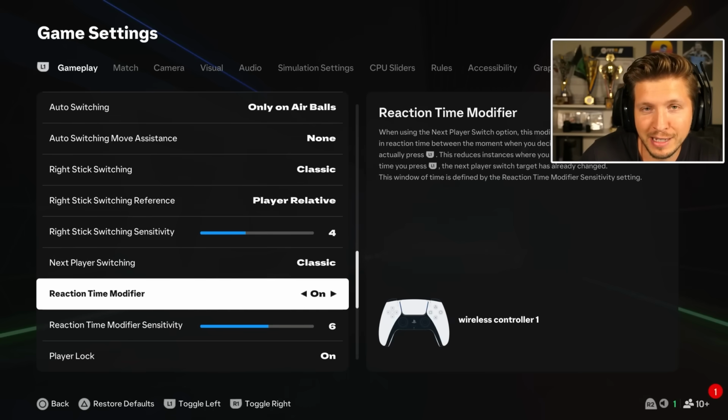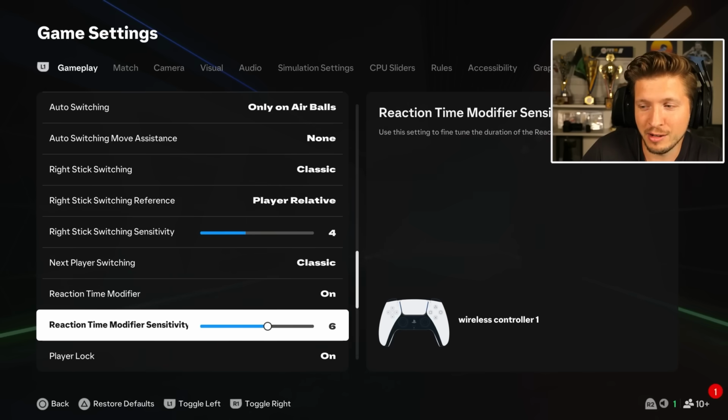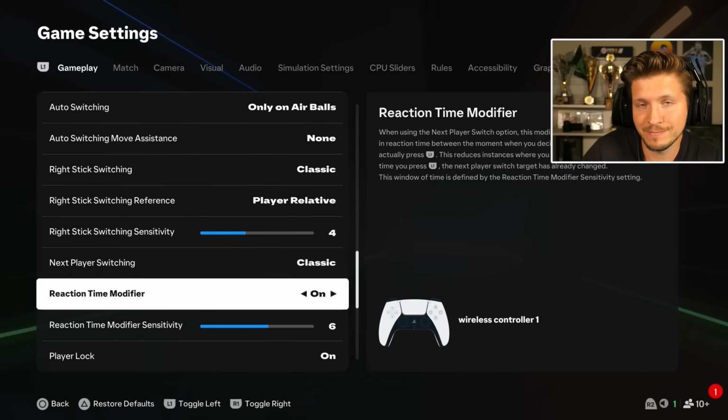And then we have the infamous reaction time modifier, and this is a new setting, and this, well, people claim that this will help your menus to be more smooth. It will reduce input lag. Overall, that is not correct. This here just impacts your L1 switching, but I tried this out on 0 and on 10. It does nothing, there's no difference. So you might here just put this on off anyways, to make sure off,